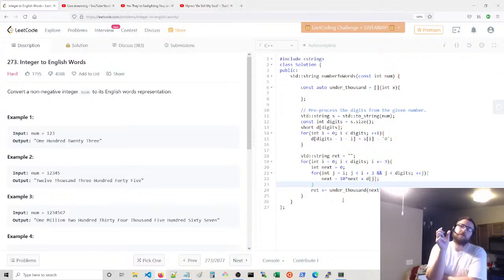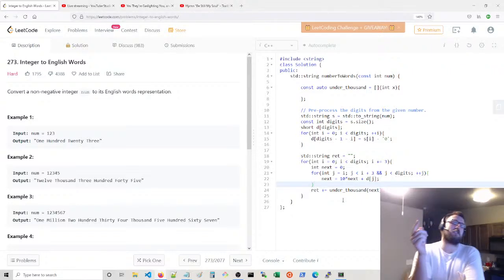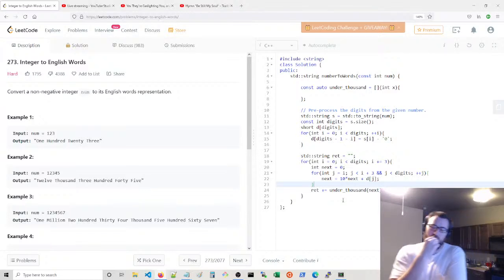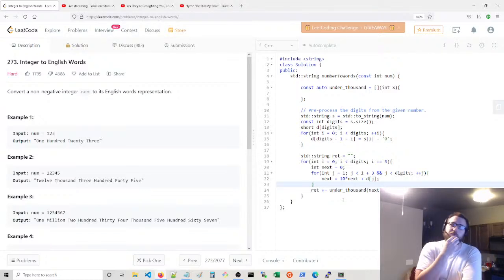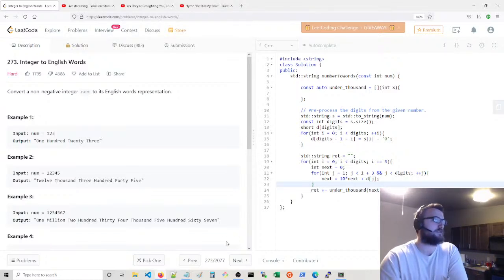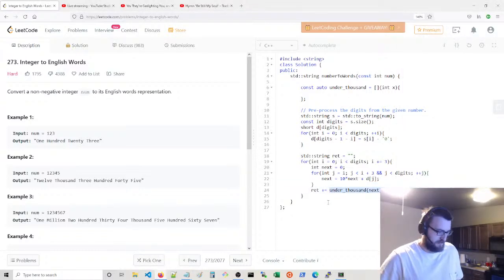You actually want to add this to the left side. You're going to build the string left to right, not right to left, which is awkward with strings, I believe. It's a little bit on the awkward side with strings, but that's fine. We can. I mean, this isn't so complicated that we have to do it this way. So actually, ret is going to be under 1,000 plus ret, what you already have, plus